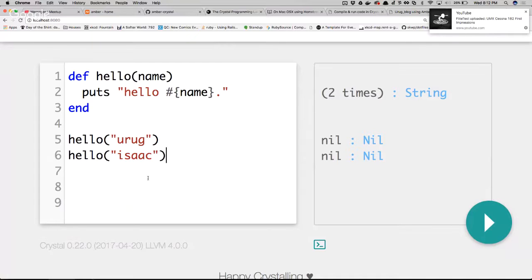As far as Amber and even Kemal, what works fine, and there would be literally no problem using it for an application. Obviously not all the tools that exist in the Ruby world are available, but to be perfectly honest, most of the gems that exist you probably shouldn't be using anyway. So, I don't know. There's that.